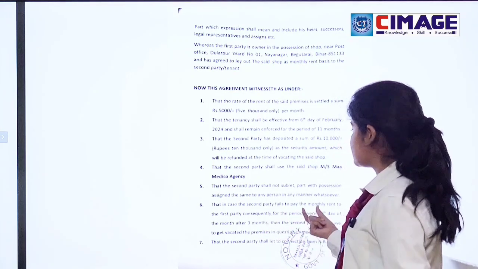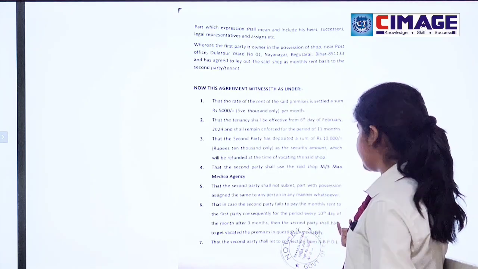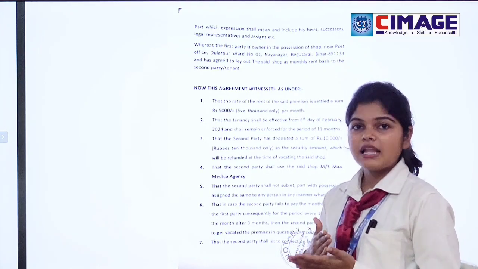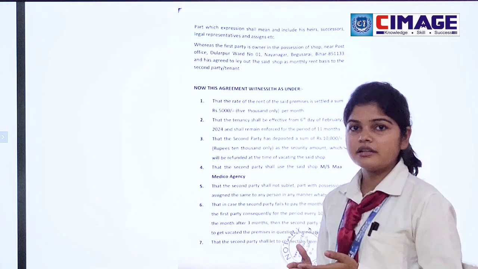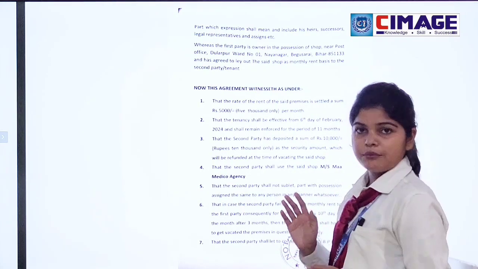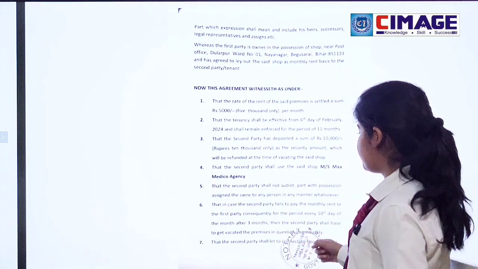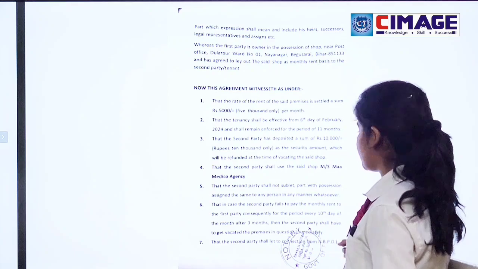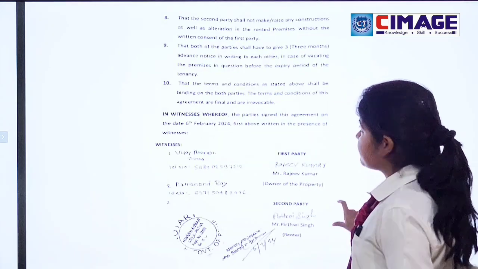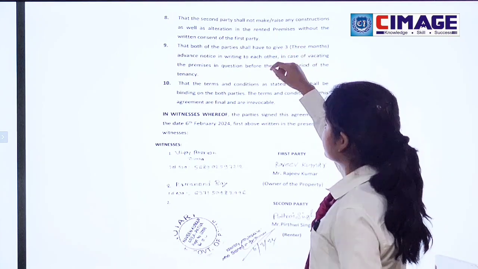And in case the second party fails to pay the monthly rent to the first party after the 10th day of the month, like every month the second party will have to pay the amount by the 10th day. If he is not able to pay after that, then the agreement can be terminated. It is also mentioned that the second party shall take an electricity connection from NBPDL, the government website. And the last paper of the agreement mentions the second party's rules and regulations, that he shall